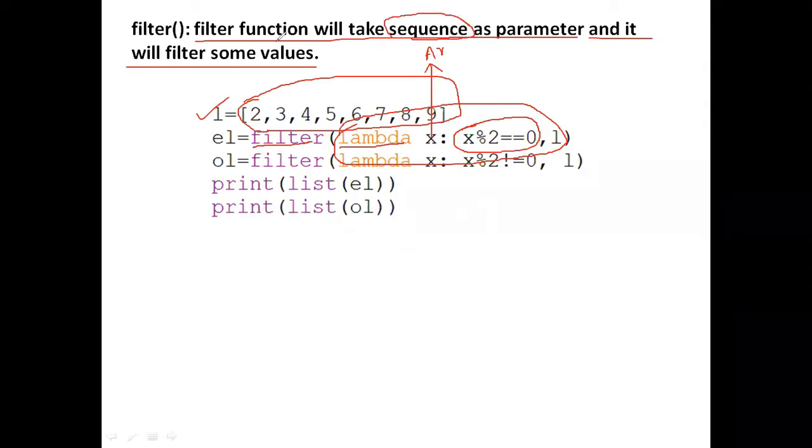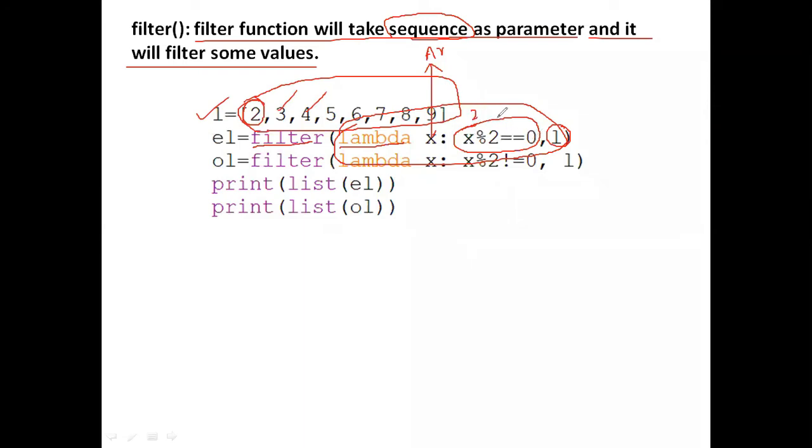The filter function takes a sequence, and here L is the sequence: 2, 3, 4, 5, 6, 7, 8, 9. In the first iteration 2 is assigned to x, in the next iteration 3, in the next iteration 4, like that. So lambda x: x % 2 == 0.